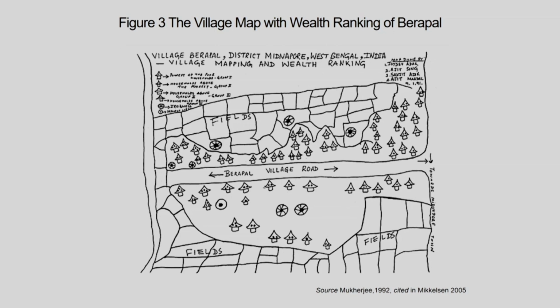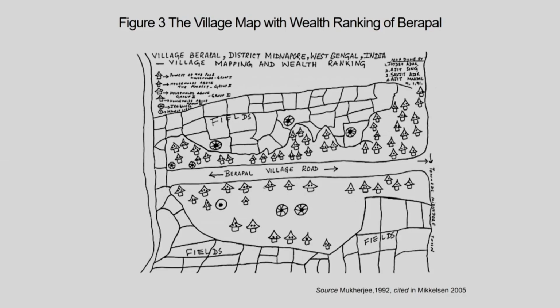Now, usually when we come up with a village map or a location map, the village and location maps are not created by the researchers, but by the villagers themselves who are engaged in the research, and therefore this is what is participation. This map was constructed by the villagers themselves. Here this map is basically referred to as a social mapping, and it was carried out in two Indian villages,